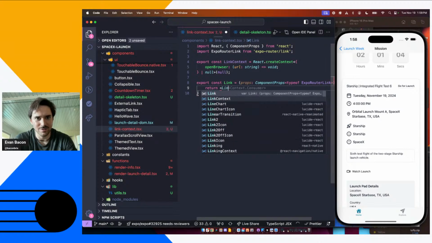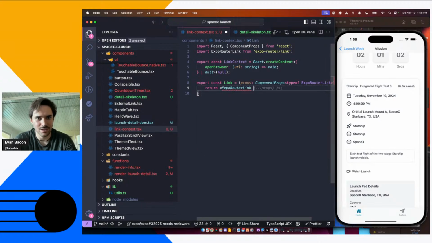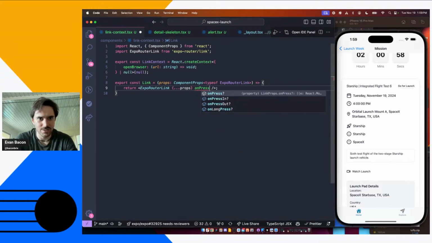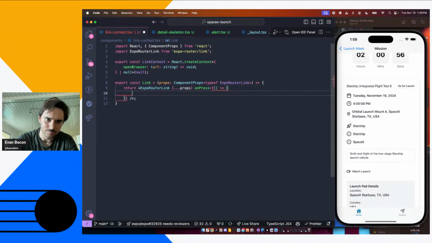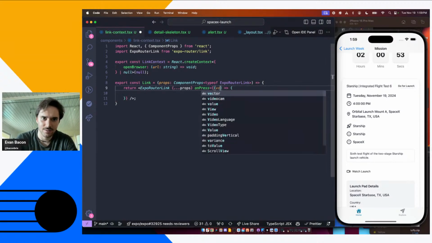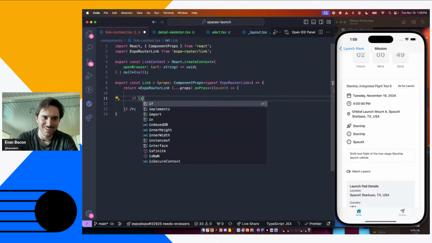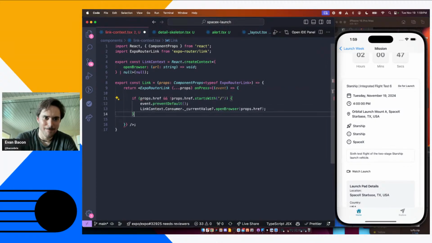And then we can return expo-router link like that, spread in our props. And then we'll do on press and get the event. And then we'll say, okay, if props.href, let's do